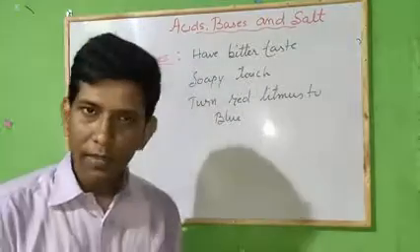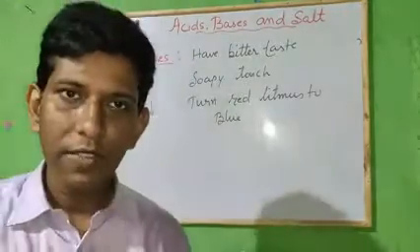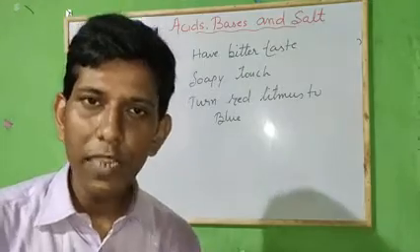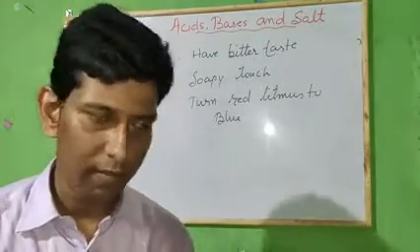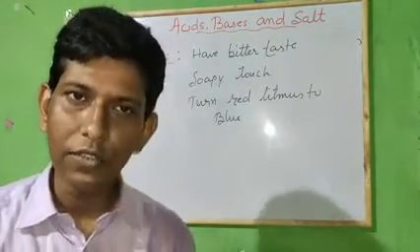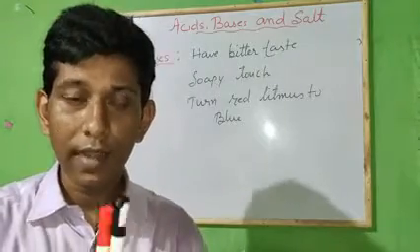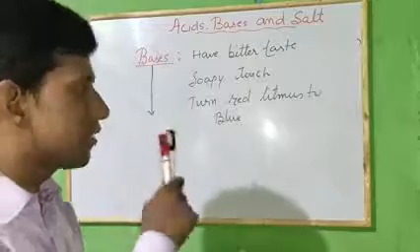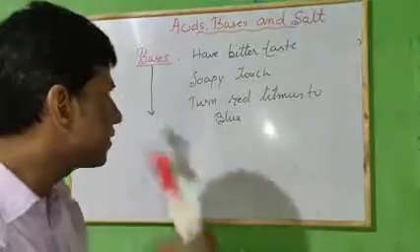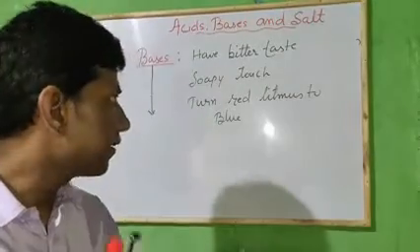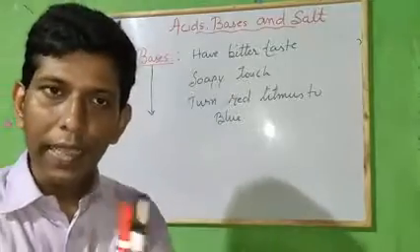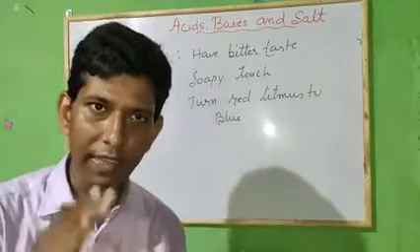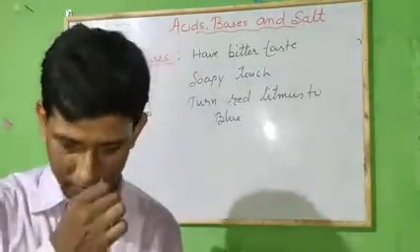In the last class we discussed the chemistry of acids. Today our main focus will be on the chemistry of bases. Dear children, try to recall what you learnt in class 7 about bases. In class 7 we learned that bases are chemical substances that have a bitter taste, a soapy touch, and turn red litmus to blue. Here we will try to explain the chemical definition of bases.